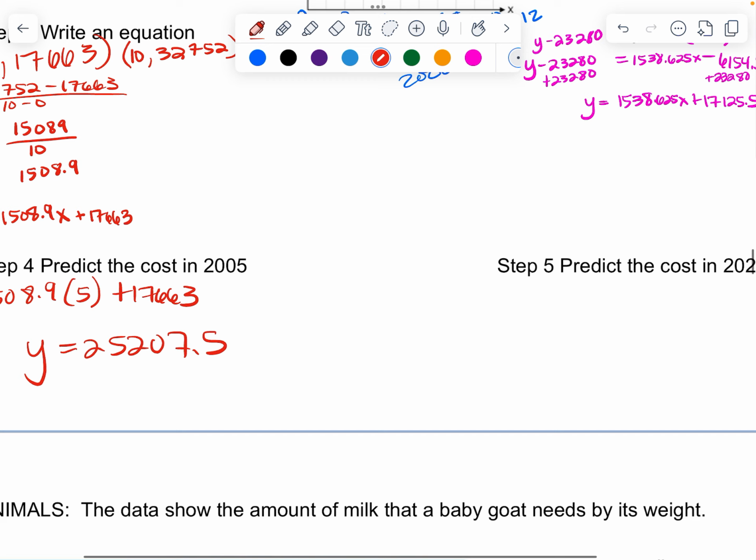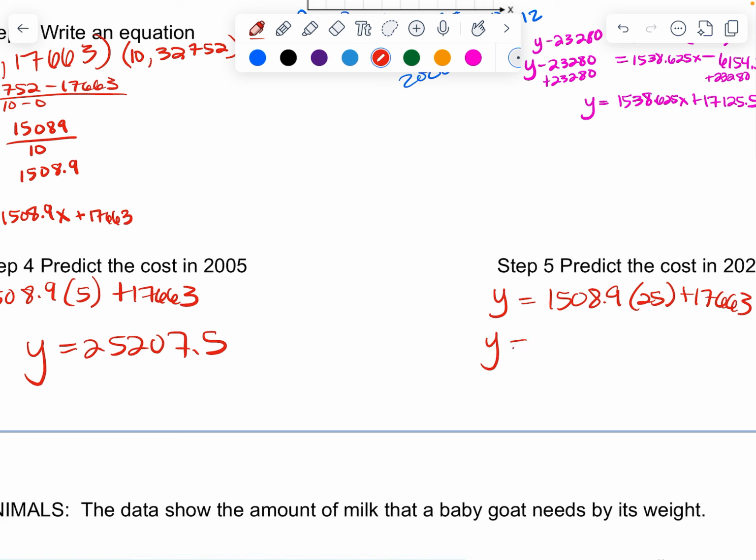So if I was to use the first equation, y equals 1508.9 times 25 plus 17663. So I do the same thing and I plug it into the calculator. And I would get y equals 5538.5. Okay? Now, if I was to use the other equation, y equals